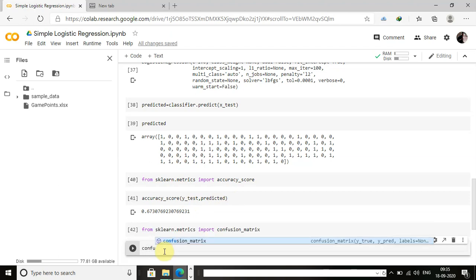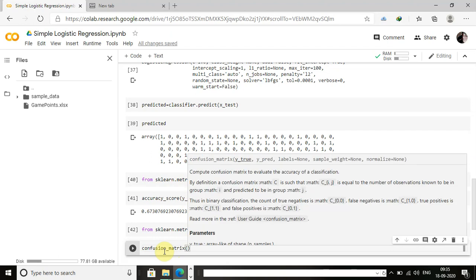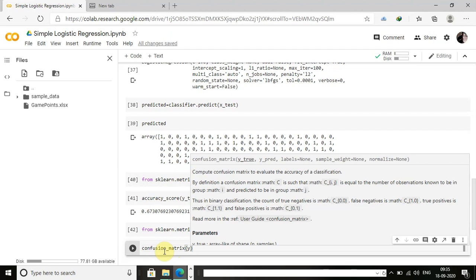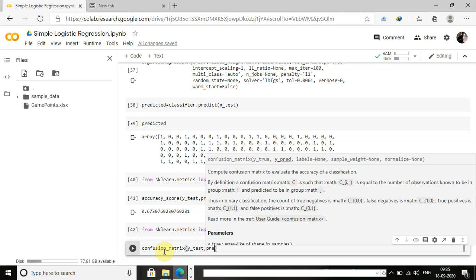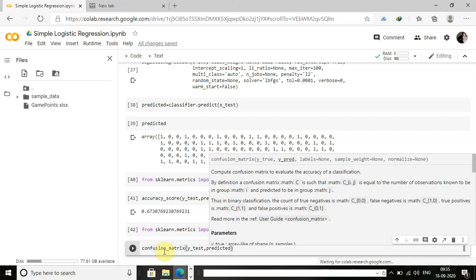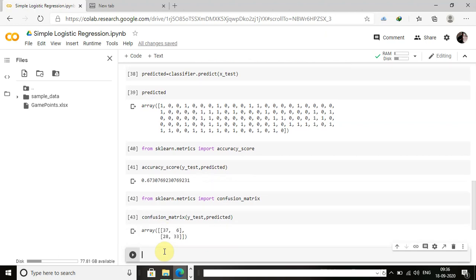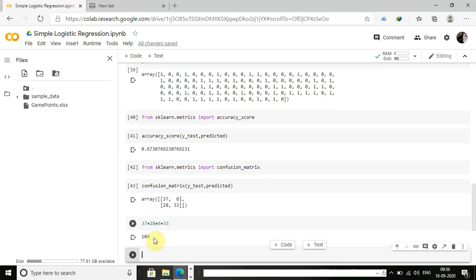So confusion_matrix(y_test, predicted). Here we can see the total of the values: 37 plus 28 plus 6 plus 33. So my test data set contains 104 values.